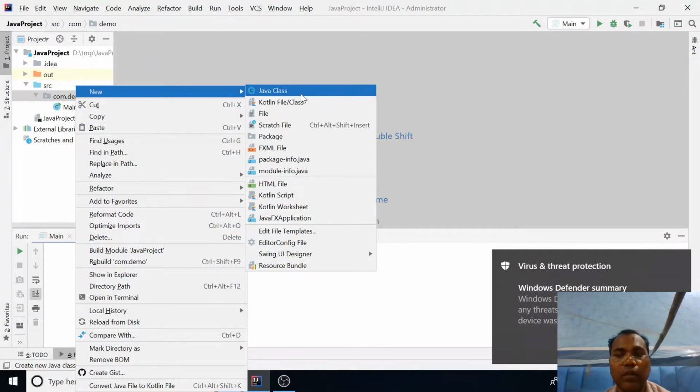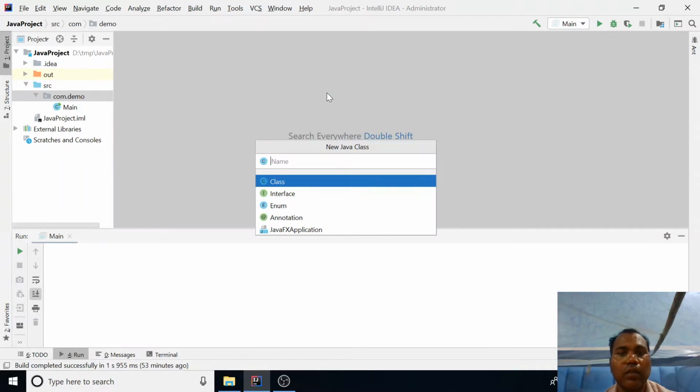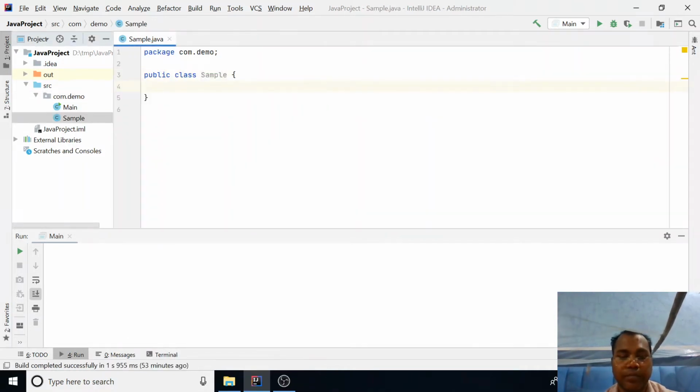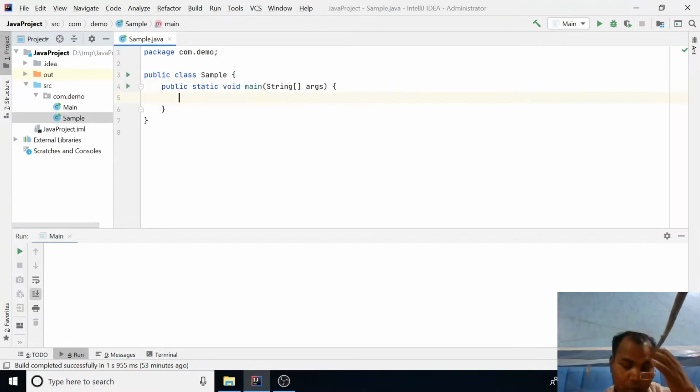Okay. So there are three basic principles whenever we are going to create an array in Java.